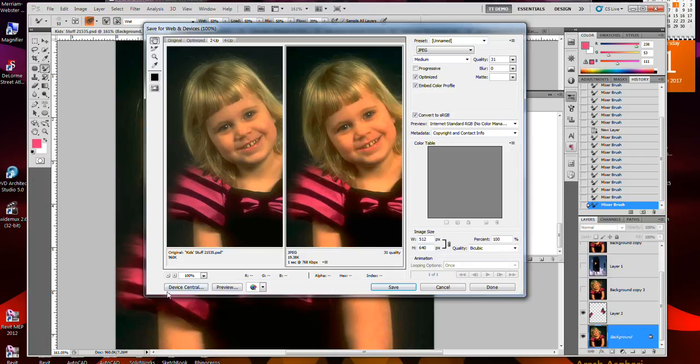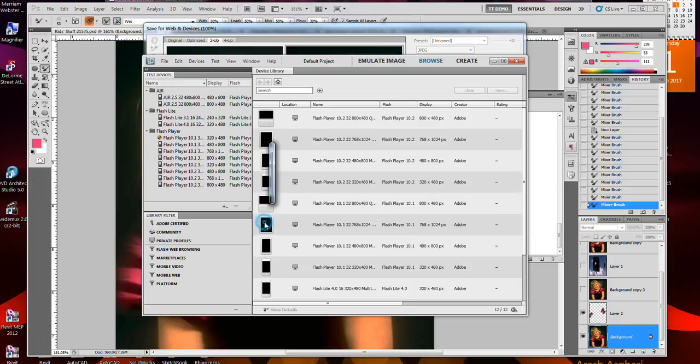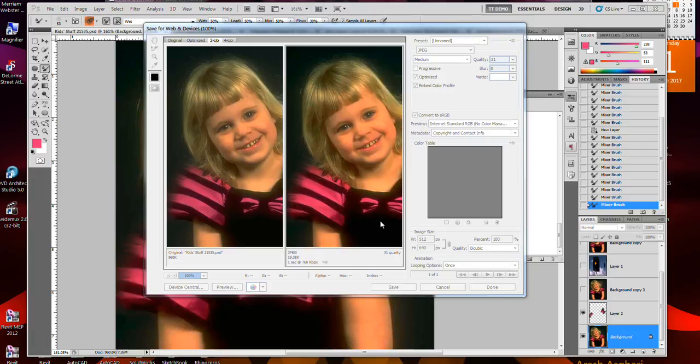I don't know what happened. I don't know, this thing obviously has bugs in it. It doesn't work here. I had to close it down with the task manager. At any rate, I would say that was cool, but